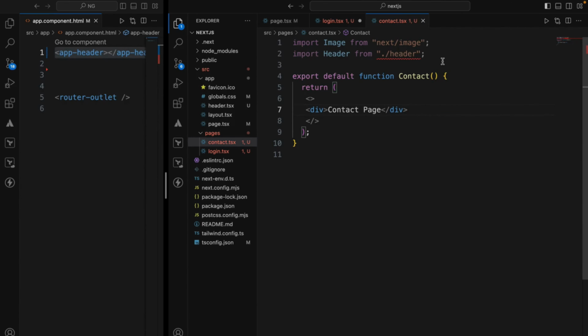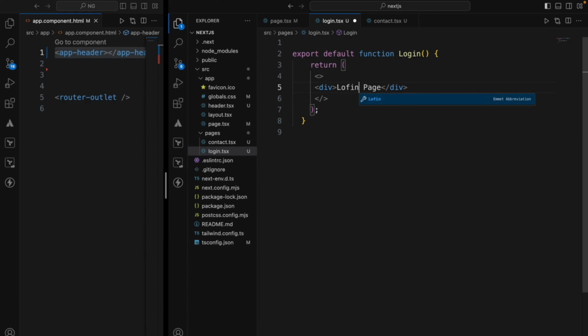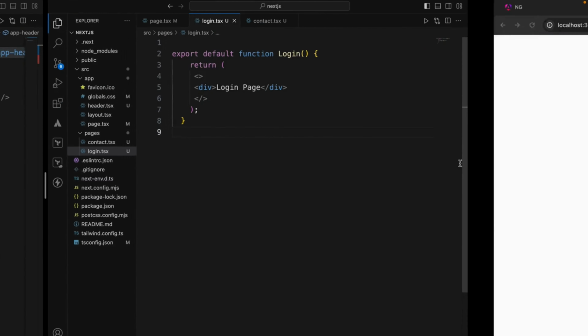The same thing goes to login as well. Let's say login. Okay, now let's check the navigation. So when I click login,